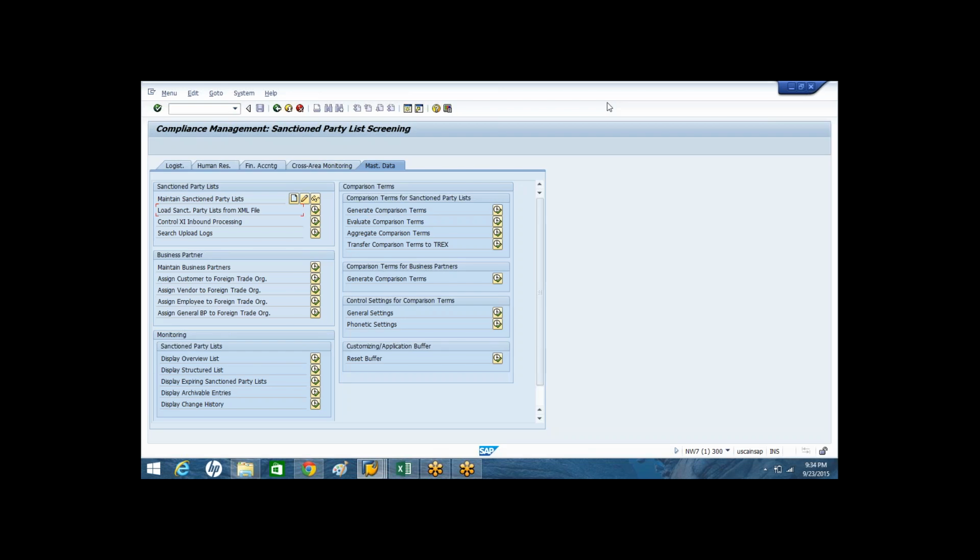You can specify only one time. That's the only option given by SAP. We can have only one level of also known as information for each and every SPL member.